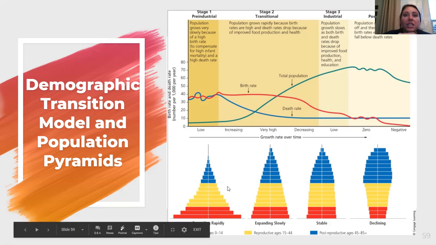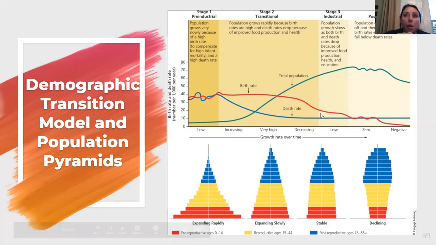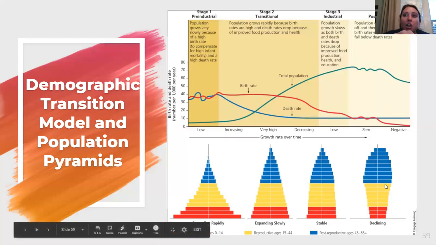And so really what we'll see is that this population probably goes best with stage two, and this one probably goes with stage three, and this one is actually stage four. And then here is the stage five that we don't really see in our photo. But in our stable population pyramid, we see that the base is relatively the same as the top. This one has a lot of